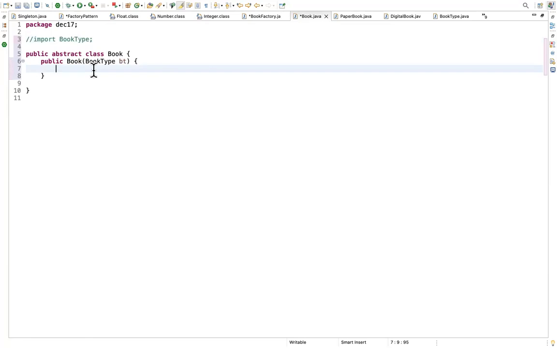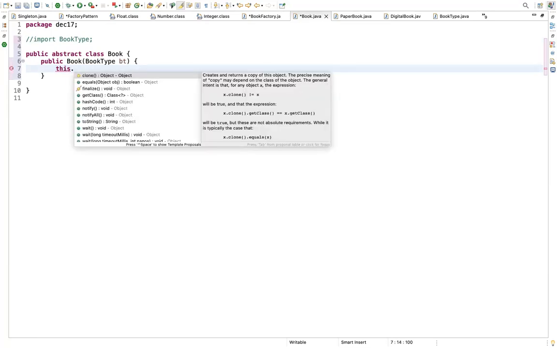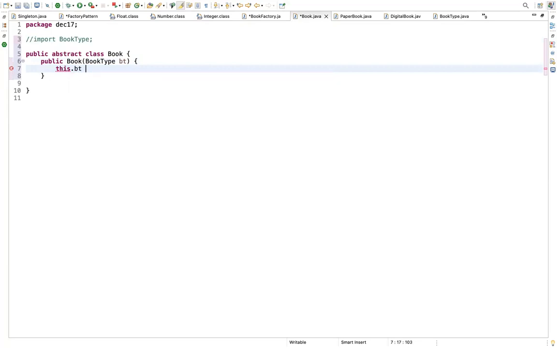Now here, just have this dot book type BT. Create one more variable as BT outside, like private book type BT outside your constructor.